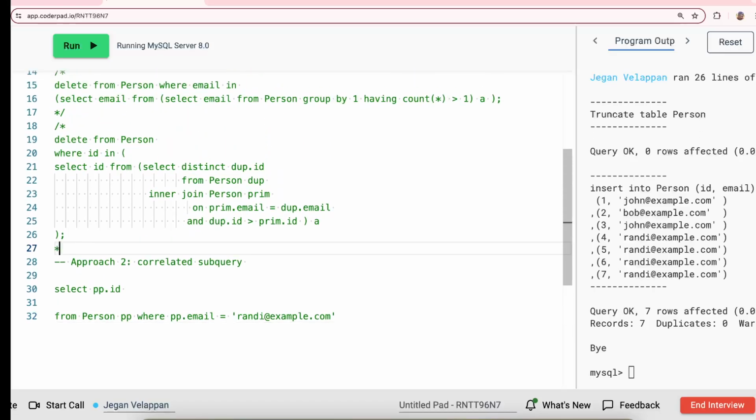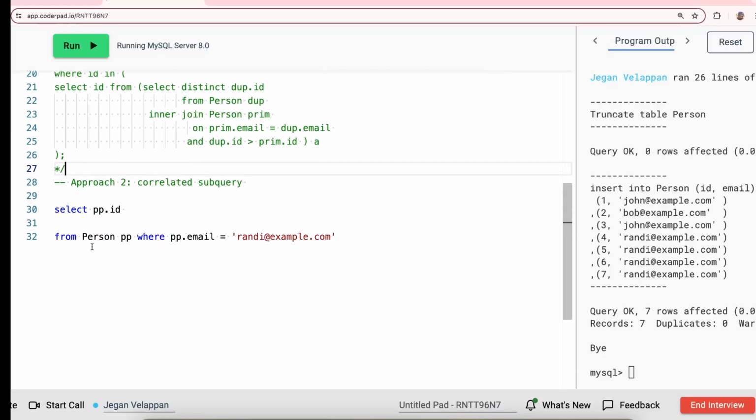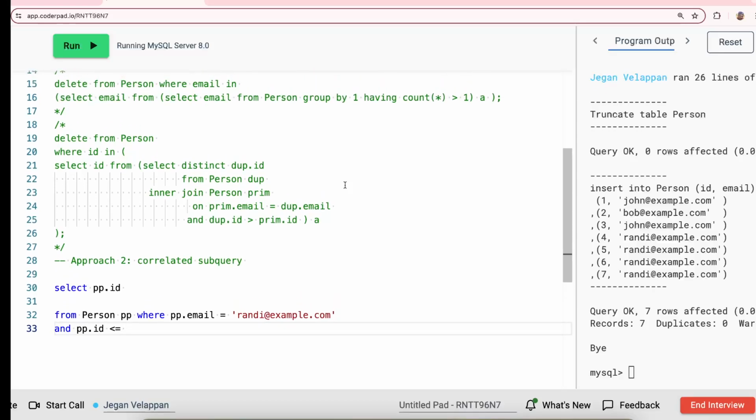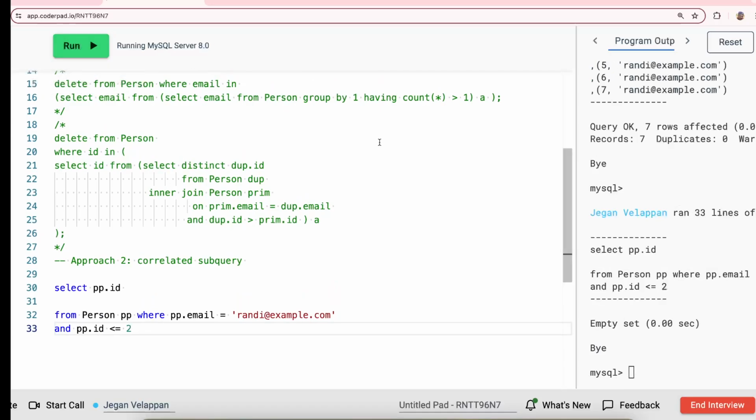Let's close this. Okay. So the pp.email equal to something and pp.id should be less than or equal to, you can just say 2, right? So 1, we have to keep it like that. So if we say 2,